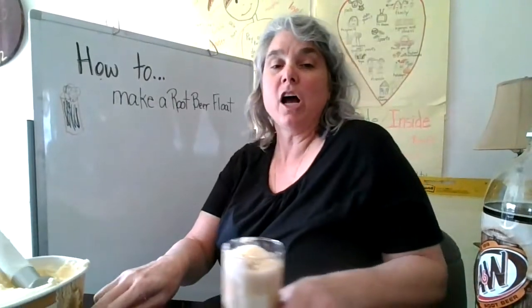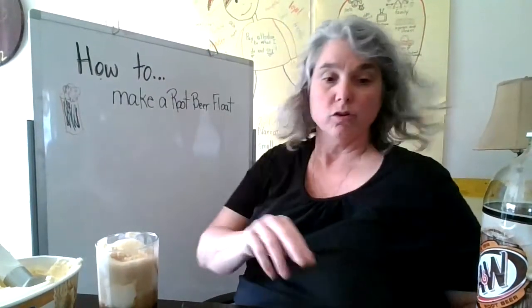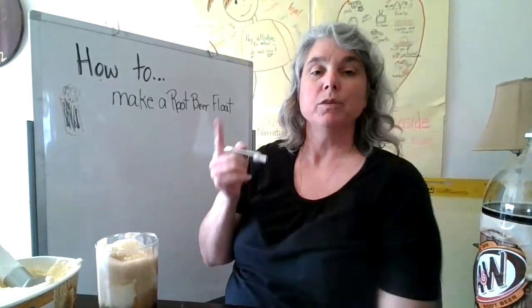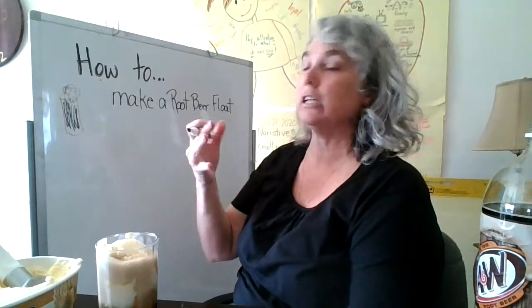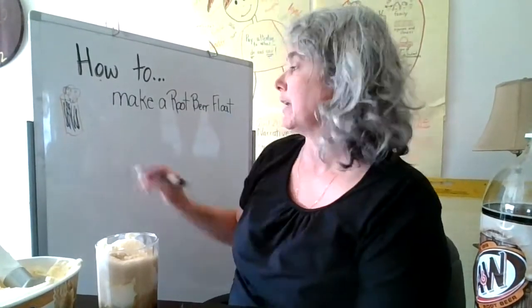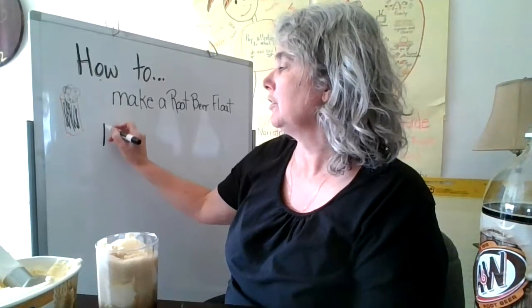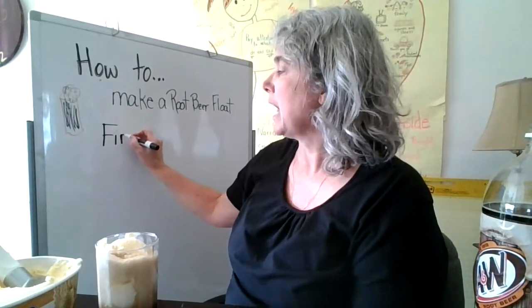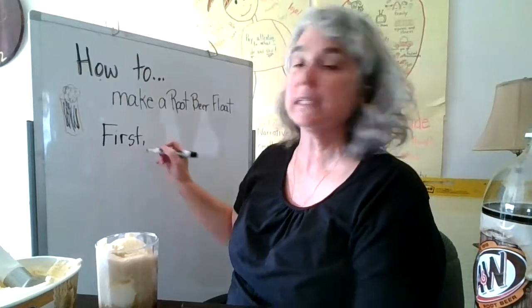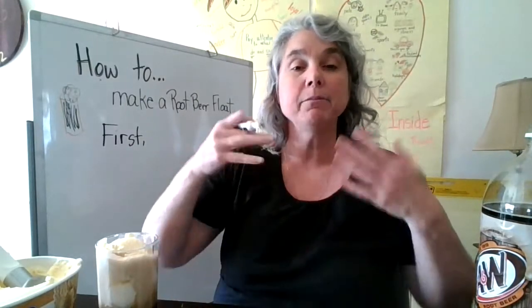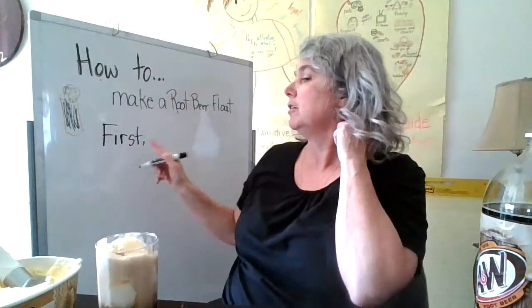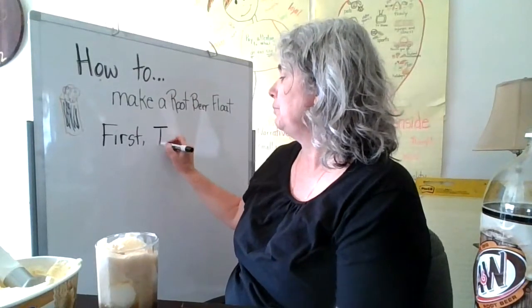Okay, let's talk about how we make a root beer float. We know we need a transition word that tells us we're about to tell you how to do something. I'm going to use the word first. I really like that word for how-tos because it lets you know that I'm going to start telling you how to do something. First, I poured